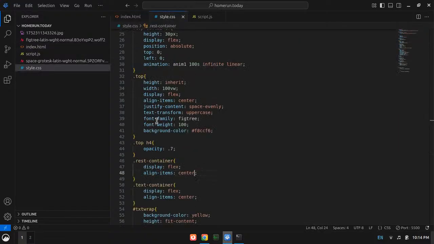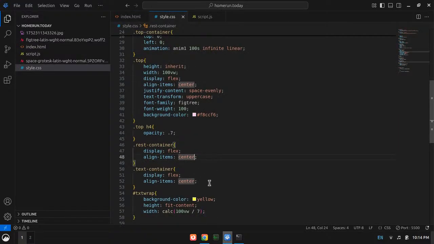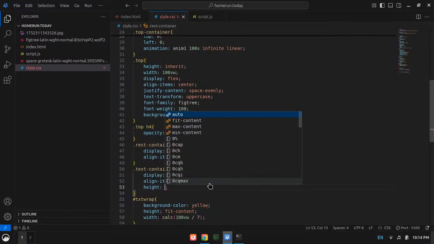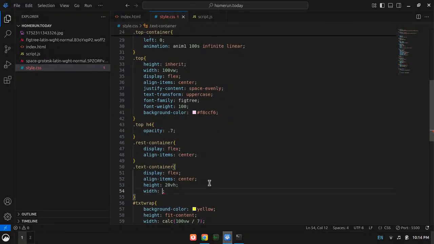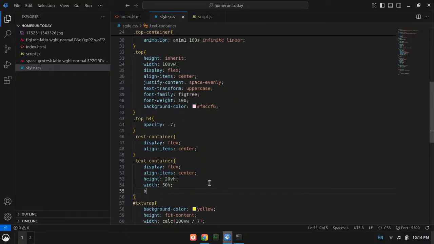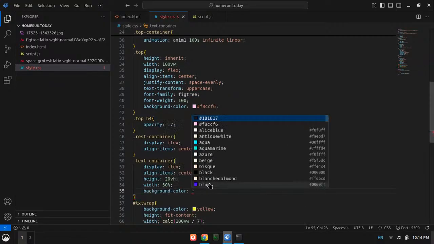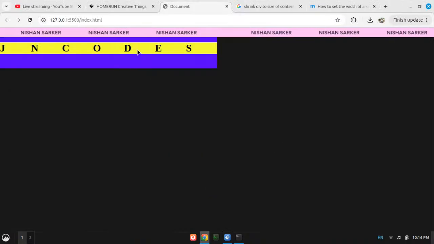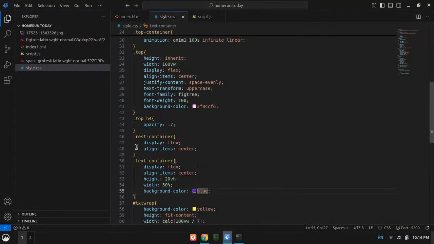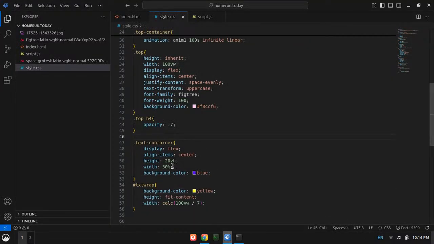Okay, let me give the text container a height and width to see. Let's say 20 VH and width, let's say 50%, and then background color, let's say blue. Where is the text container then? There it is. I need the text container to be 100 VW.